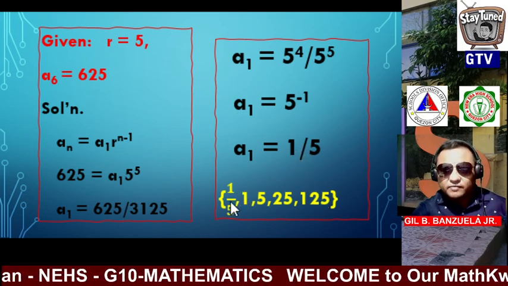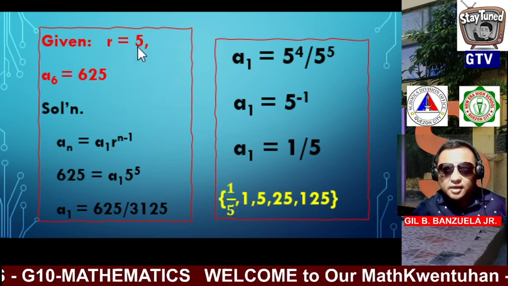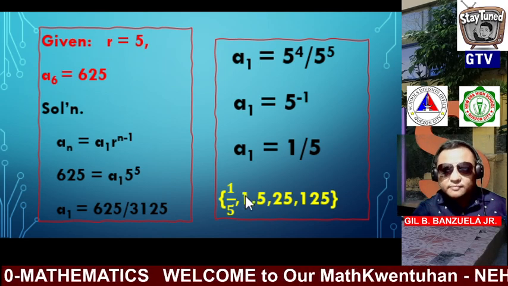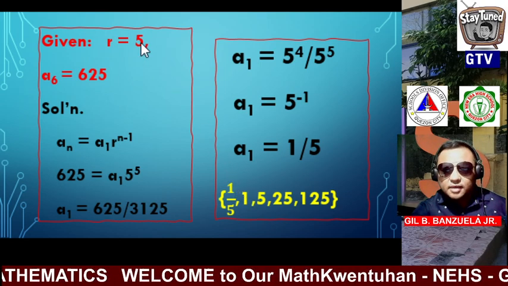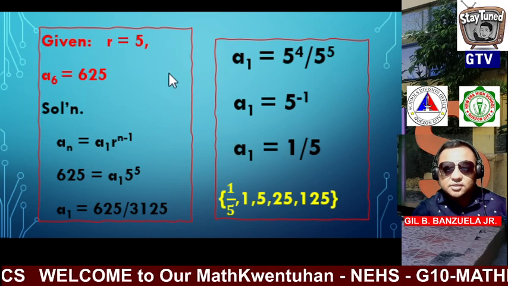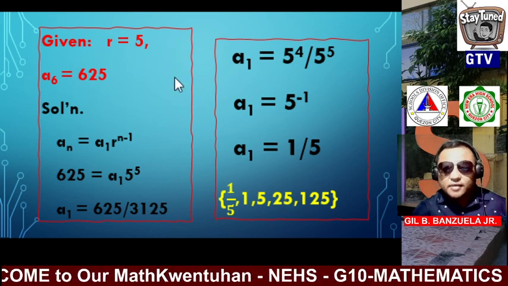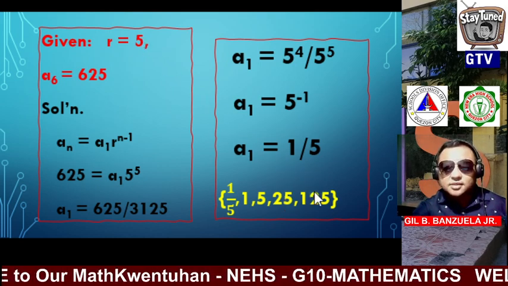Again, bring down 1/5, that is your first term. Then, 1/5 times 5, that is equal to 1. Then, 1 times 5, that is equal to 5. Then, 5 times 5, that is equal to 25. And 25 times 5, again, that is equal to